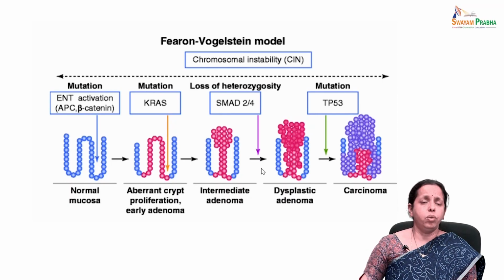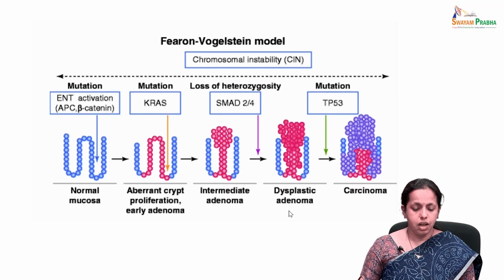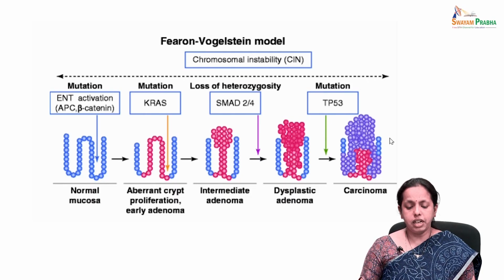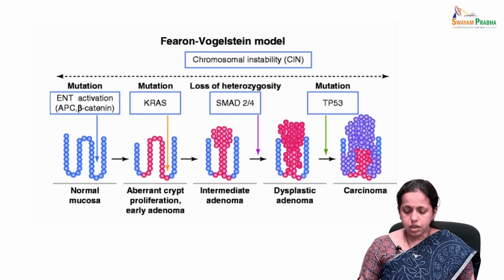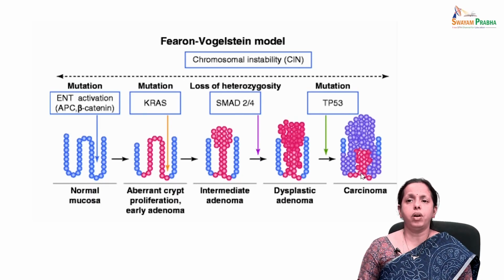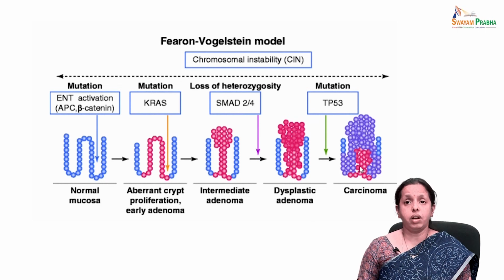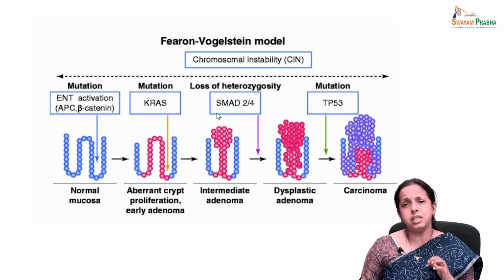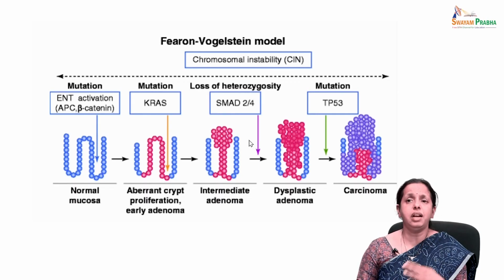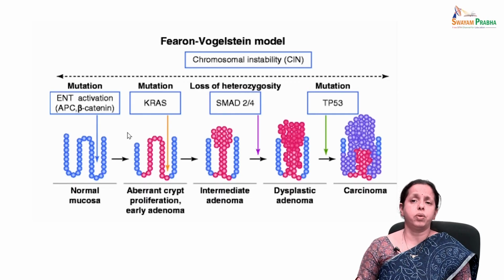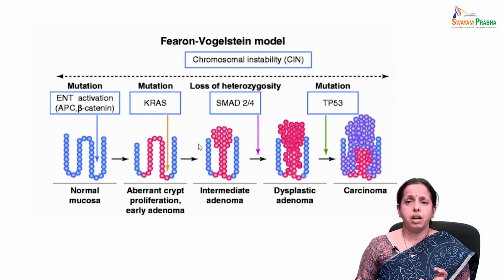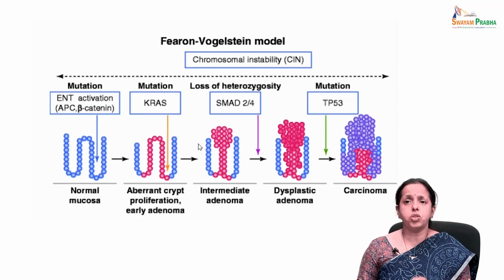Then you have the dysplastic adenoma, and then a mutation in TP53, thereby leading to a carcinoma. This is a very important model, the adenoma-carcinoma sequence model for chromosomal instability, the CIN in colorectal cancer. This may be a very simplified model. Of course, it's not just a single genetic abnormality for this particular progression, but it's a very unstable chromosome leading to